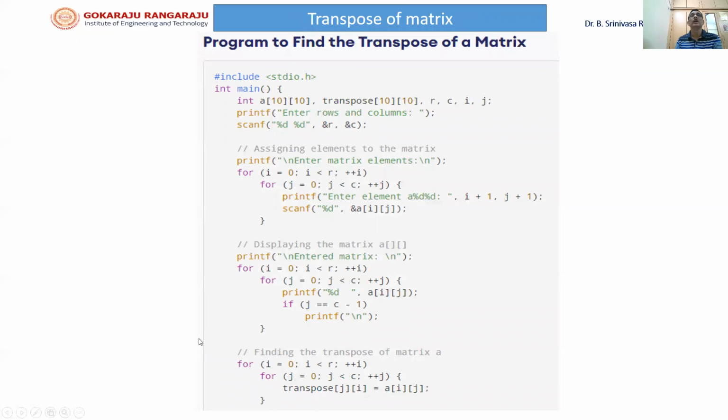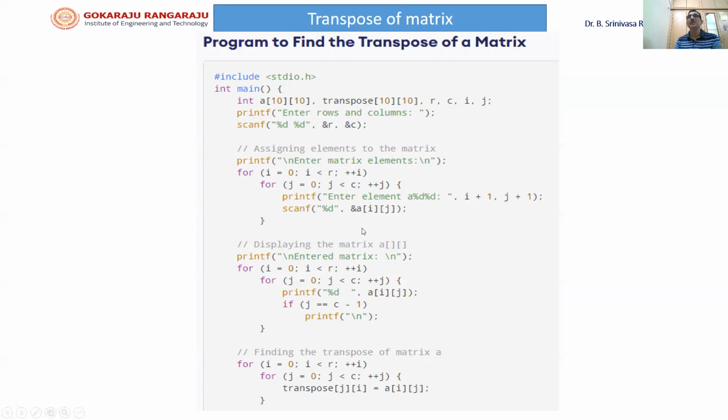Now finally, we also take up one more problem called the transpose of a given matrix. If a matrix is given, and its columns and rows are interchanged, then the resultant matrix is called the transpose of the given matrix. So for that, first we declare two arrays. One is the given array, and the other is the final matrix we get after transposing, which is the transpose matrix. And here first we have to enter the elements of A. So in this nested for loop, we have inserted the elements of Aij.